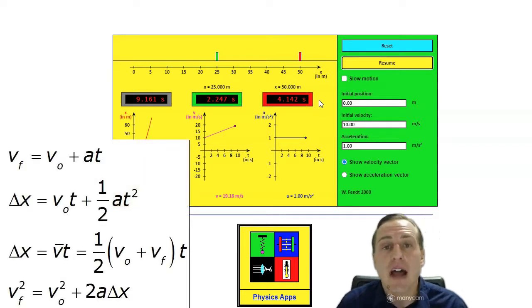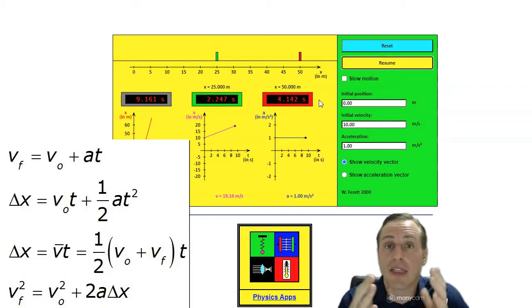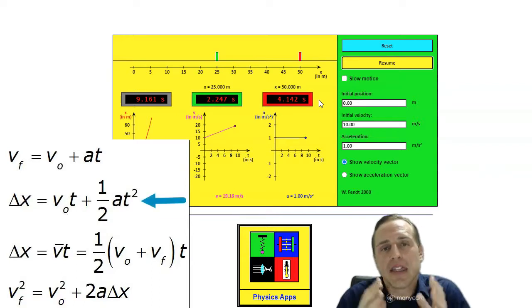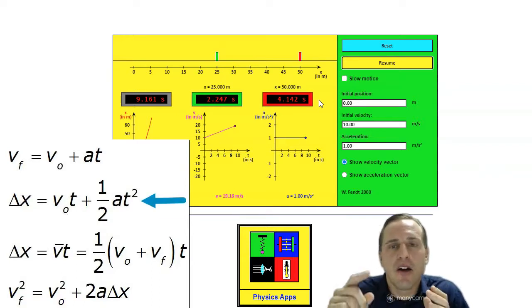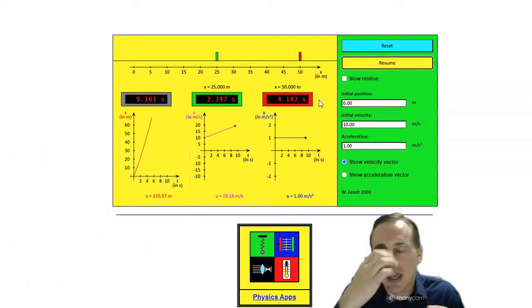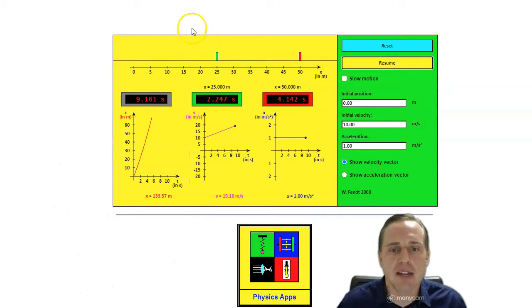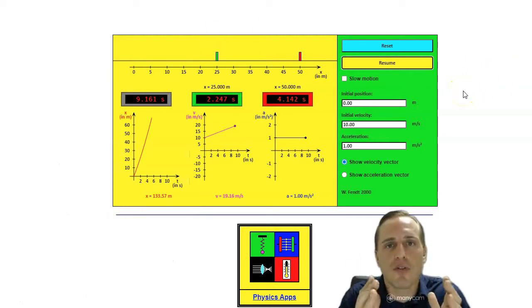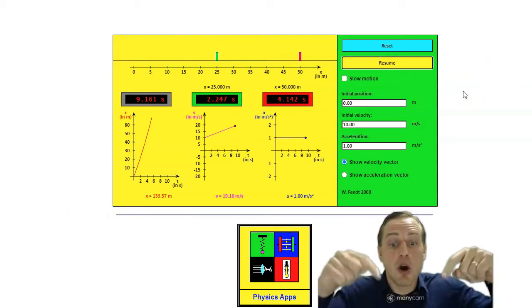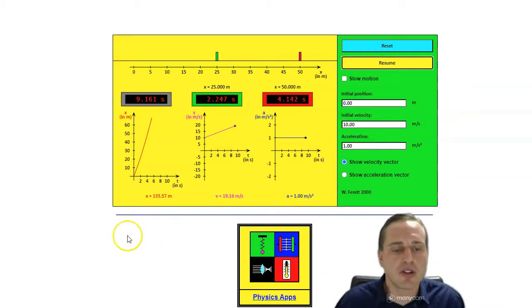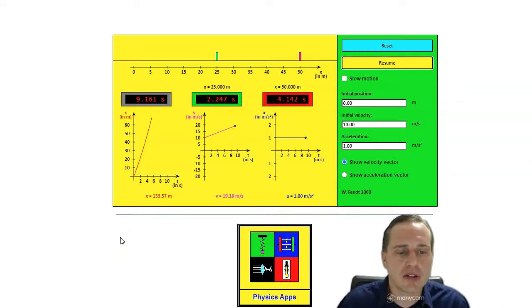Well, it turns out that's difficult to do if you don't use a kinematic equation, like the displacement curve. That is, delta x equals v initial times t plus 1/2 at squared. And again, you wouldn't necessarily know that unless I told you, but we'll cover that in later videos. And let me know in the comments if you want to see those equations shown up here on the videos